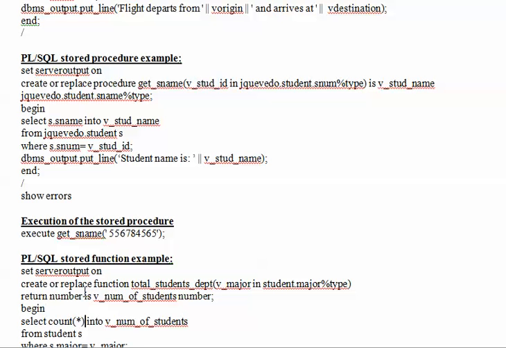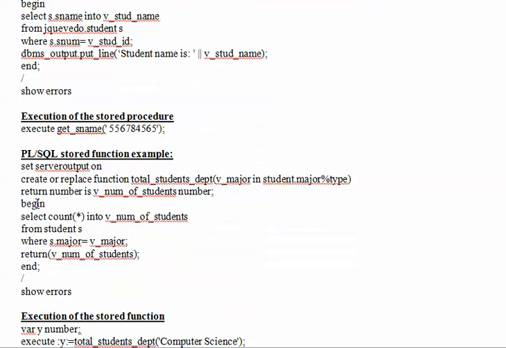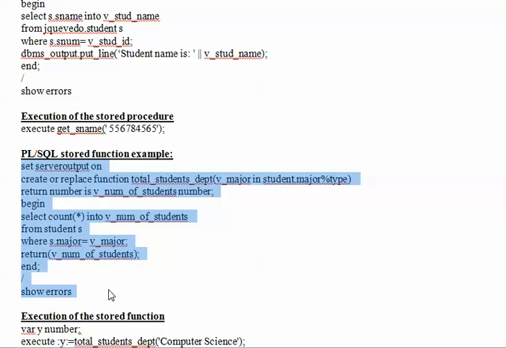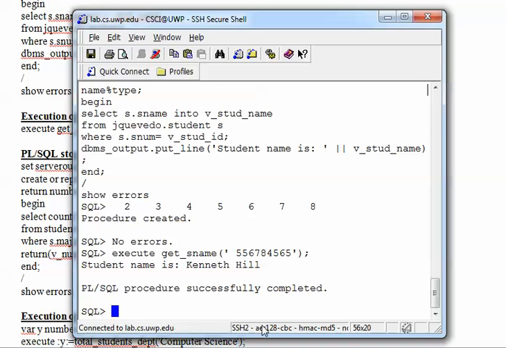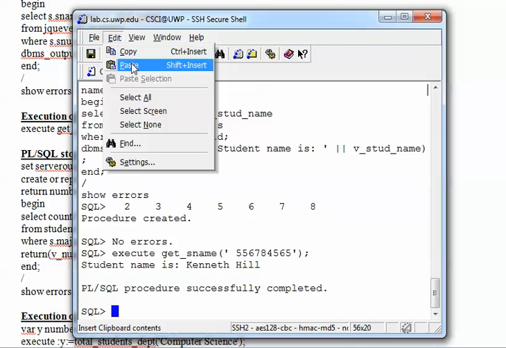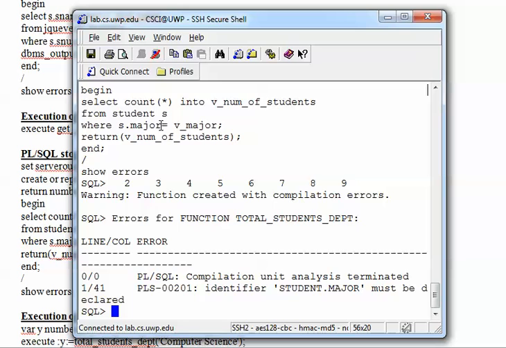Okay, so now I will do the same for my function. So this is the function, I have the code ready. This function will give me the total number of students in a given major. It says select count and put the count into this variable from table students given the major, and return the variable. Then I'm going to my SQL account, we paste it, and